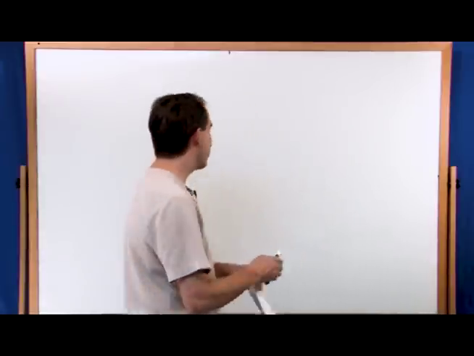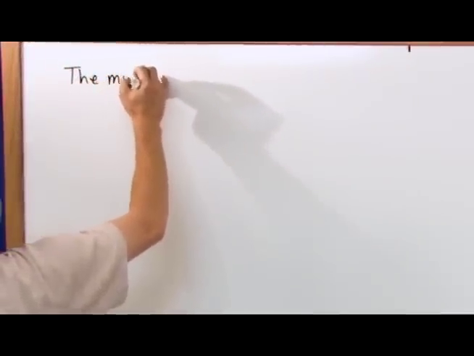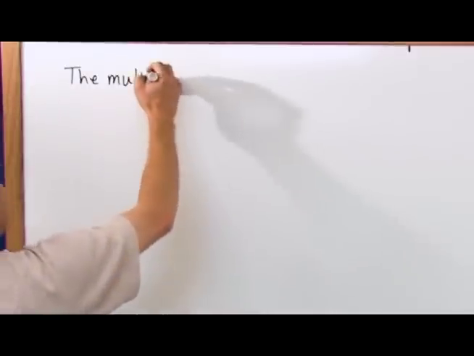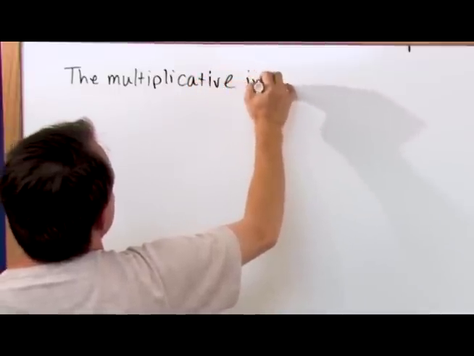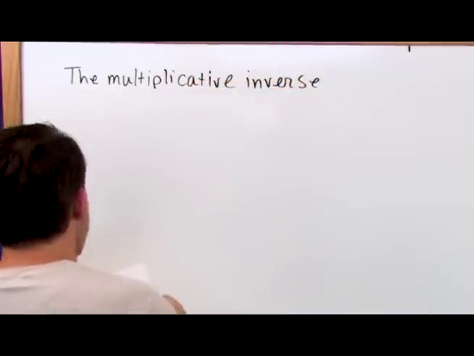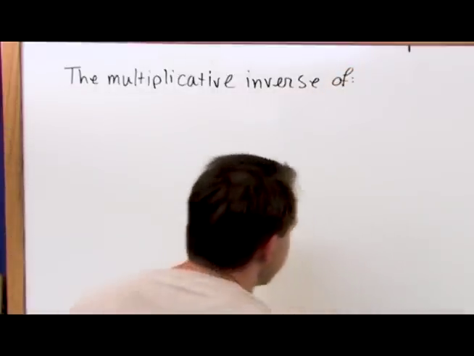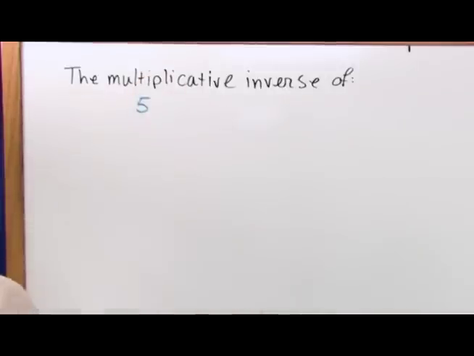Recall back from, I don't even know, 7th or 8th grade, the multiplicative inverse. This is just done here to give you a little background motivation, so when we get to the matrix inverses, it won't seem so hard. You know me, I like to teach by example, so I'm not going to give you a giant definition. The multiplicative inverse of, let's say, the number 5. What's the multiplicative inverse of that? Is